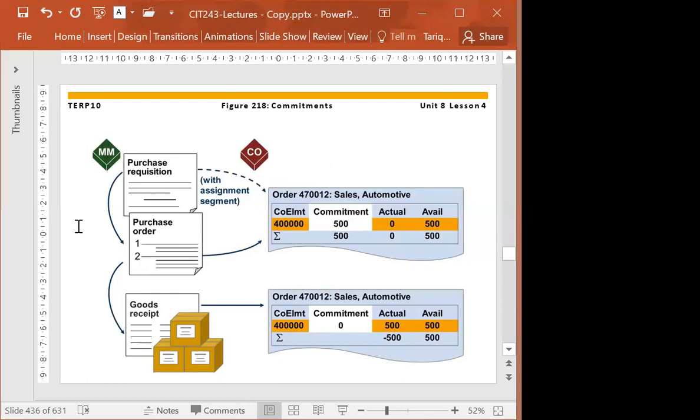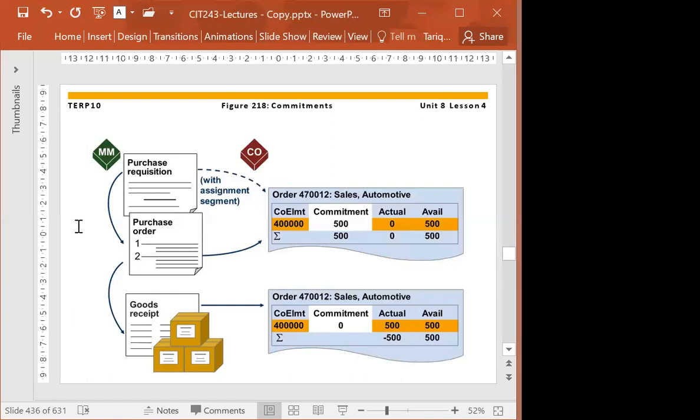So basically, when you create a purchase requisition or a purchase order, and if commitment management is activated in the managerial accounting or in the controlling area, then you can assign the commitment of that amount for that purchase requisition or purchase order, either manually or automatically.